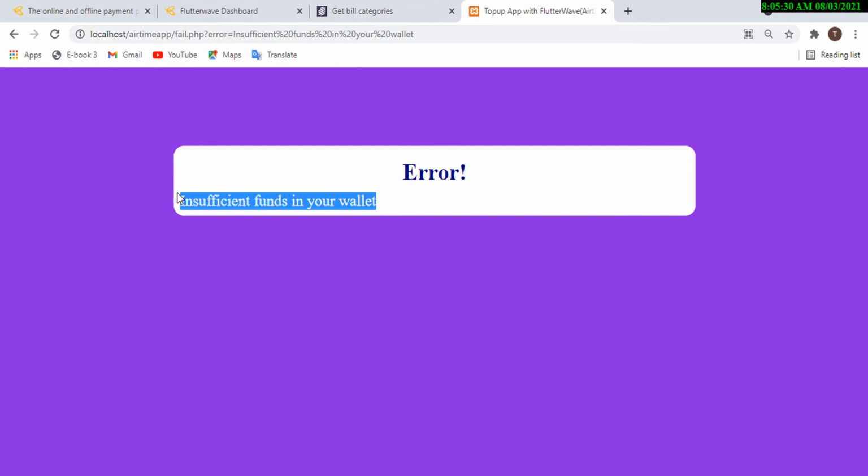It said insufficient fund in your wallet. So whatever error that could be coming from the index page or from the transaction is going to be automatically picked and dropped on this place. Okay, all right, so the next thing that we need to do now is to go ahead and work on